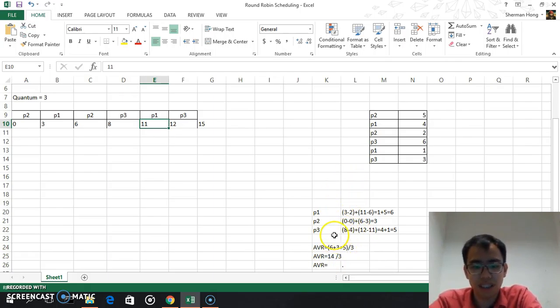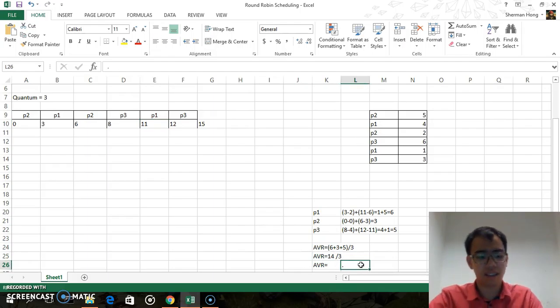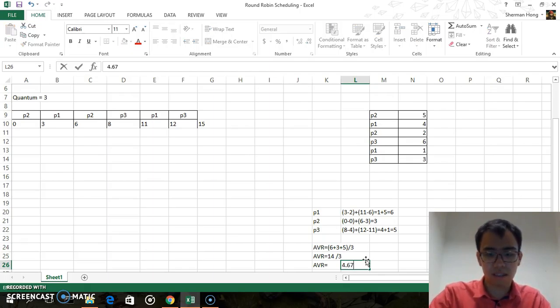So right now it will be the last step, which is to find the average waiting time of all the processes. So you take 6 minus 3, 6 plus 3 and plus 5, divided by 3 because there are 3 processes. So you have to divide it by 3. After that you get 14 divided by 3, and then you'll get a total of 4.67. Actually, it's 4.666 repeating, 4.667, but you just have to round off to 2 decimal places